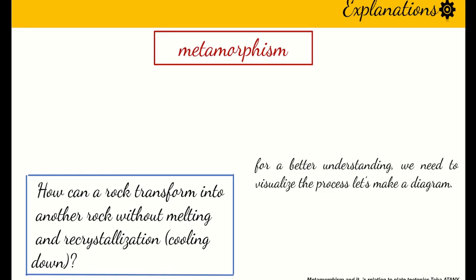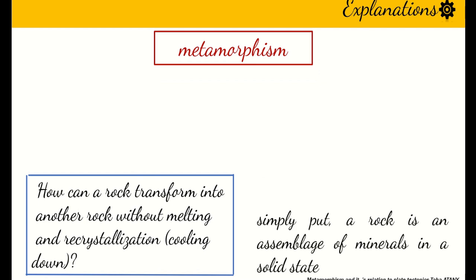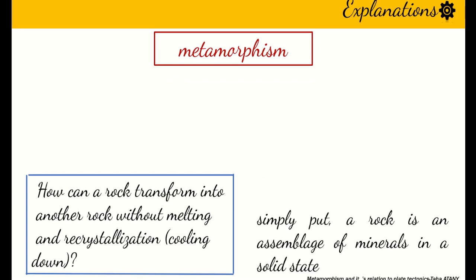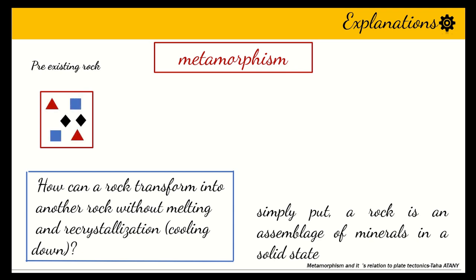For a better understanding, sometimes we need to visualize the process, so let's make a diagram. Simply put, a rock is an assemblage of minerals in a solid state. Many minerals bound together to make a rock. So we have this pre-existing rock in a diagram made of three minerals. Mineral A, mineral B, and mineral C, like a triangle. So according to this strict definition of what is a rock,